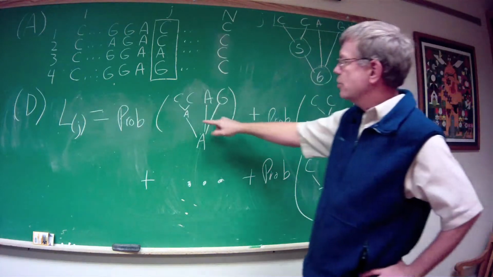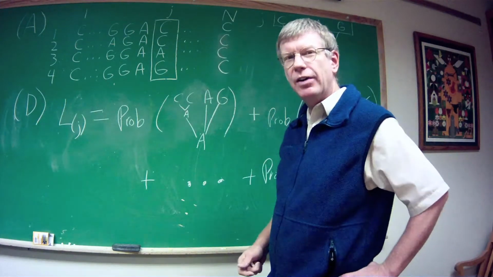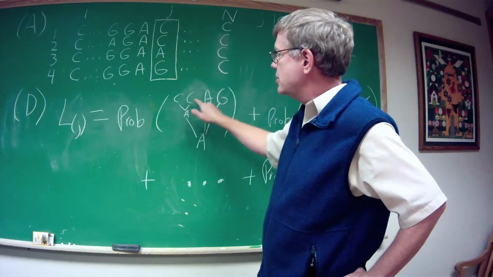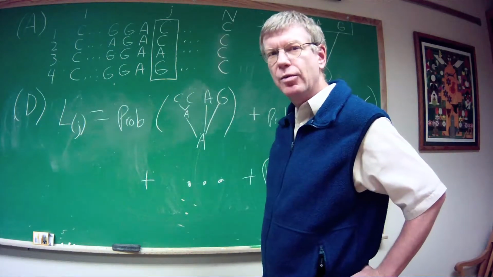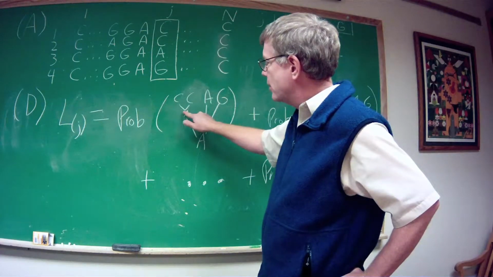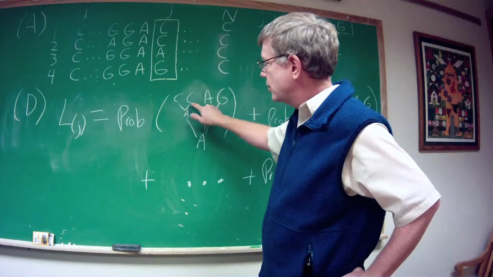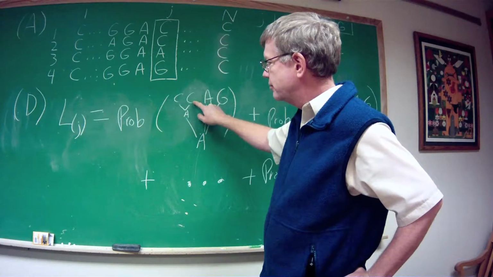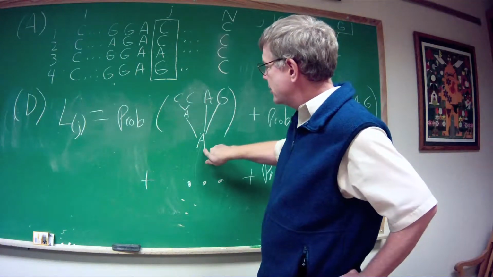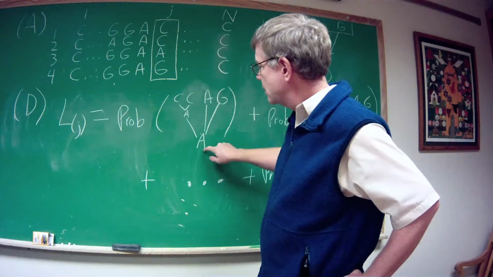We could assume that 5 was an A. Is it possible that 5 was an A? Well, yeah. Even if the taxa here are C's, there's some non-zero possibility that node 5 contained an A. And then on a branch length this long, the A changed to a C. And on a branch length this long, the A changed to a C again. Not likely, but possible. And then let's calculate the possibility that the root node was an A, stayed an A